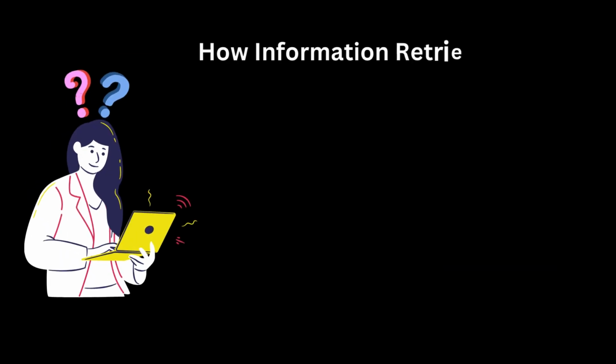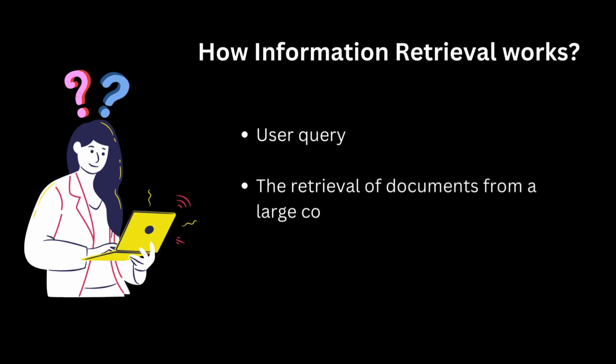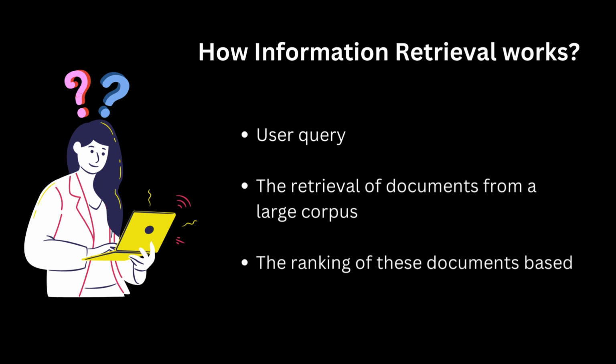You may wonder how this information retrieval works. At its core, information retrieval involves three main components: the user query, the retrieval of documents from a large corpus, and the ranking of these documents based on their relevance to the query. First, we have the user query, which is typically a string of text that the user inputs to express their